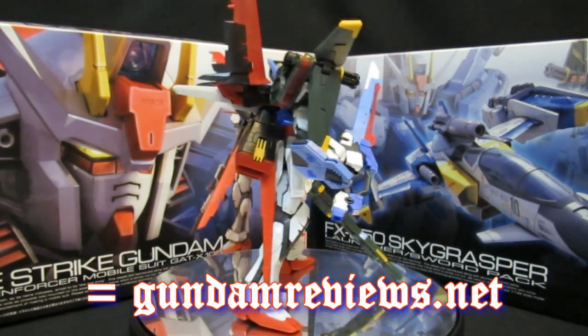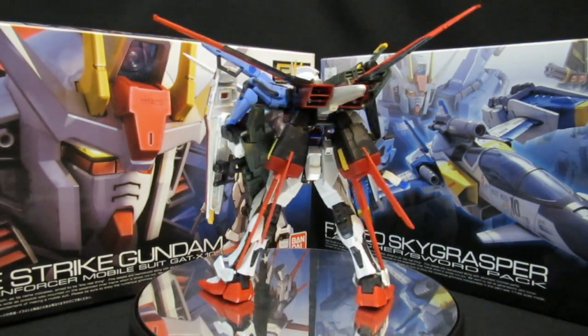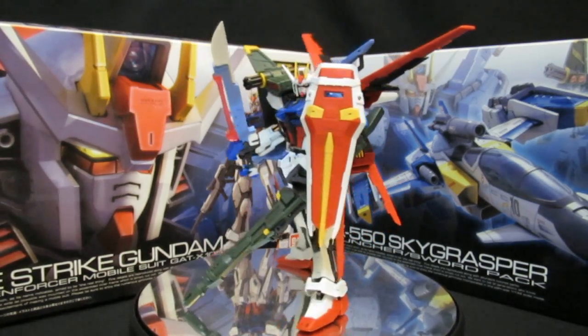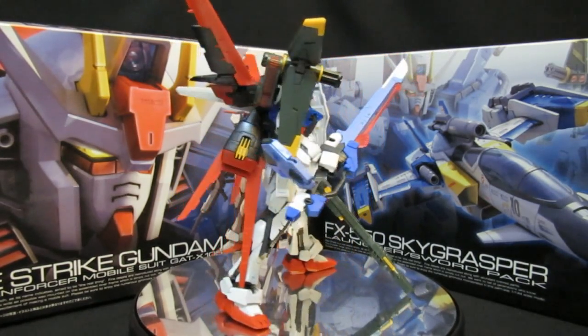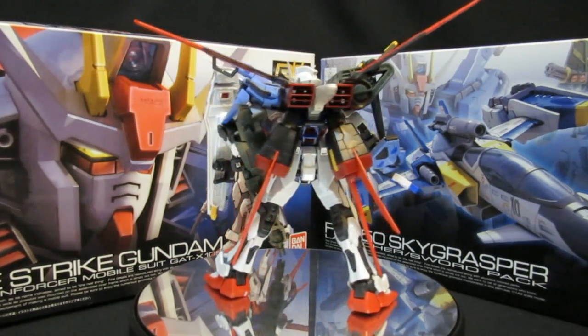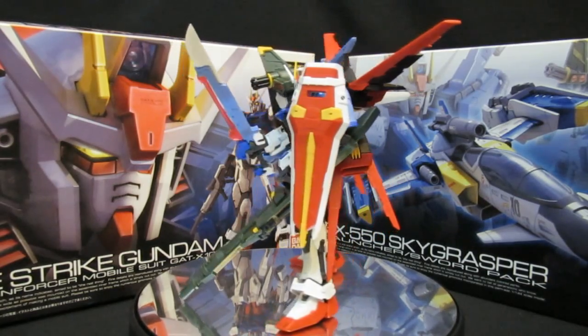Freedom's gonna get out of the picture here, Strike Freedom in this case, because there's more important news for old fans of Seed, and by old fans I mean also the new fans that have been watching the HD Blu-ray re-releases which have been coming out and available online, because there's gonna be big news for people that are fans of canon suits, and I'm talking in an illustrious sense, more specifically about the Perfect Strike Gundam, which is going to be coming out next year in February as part of the HG